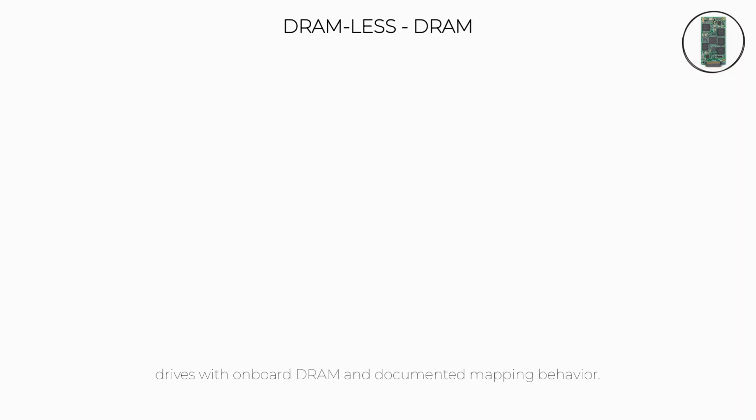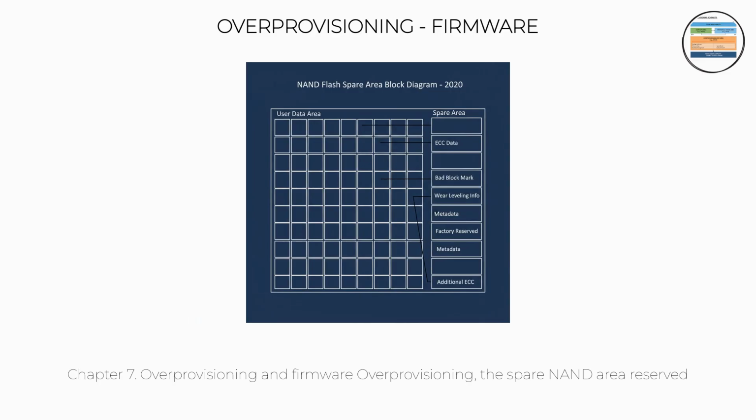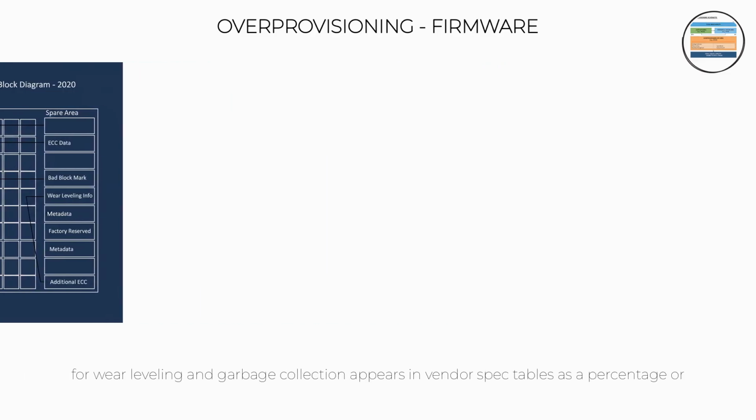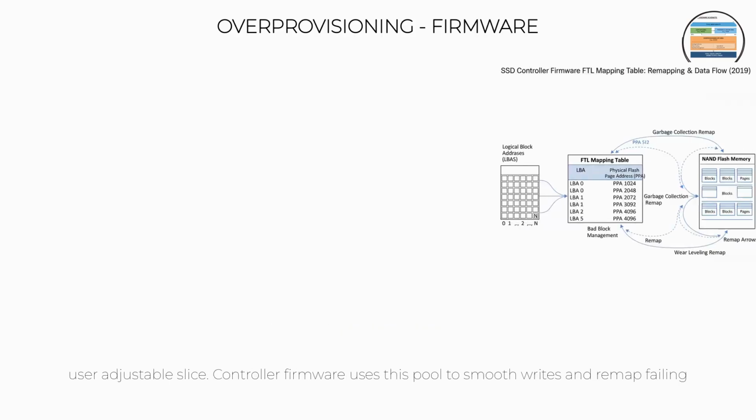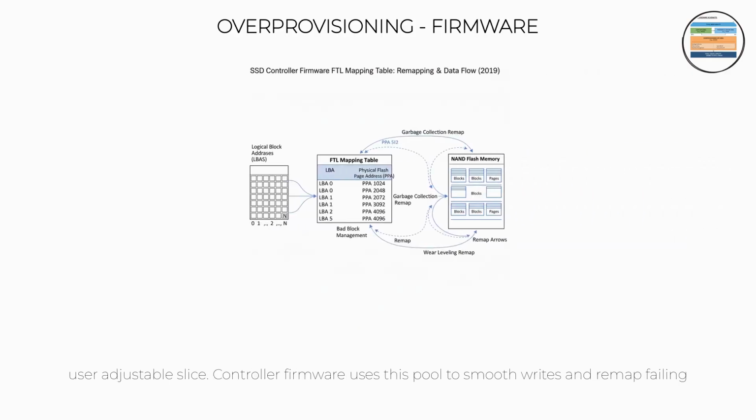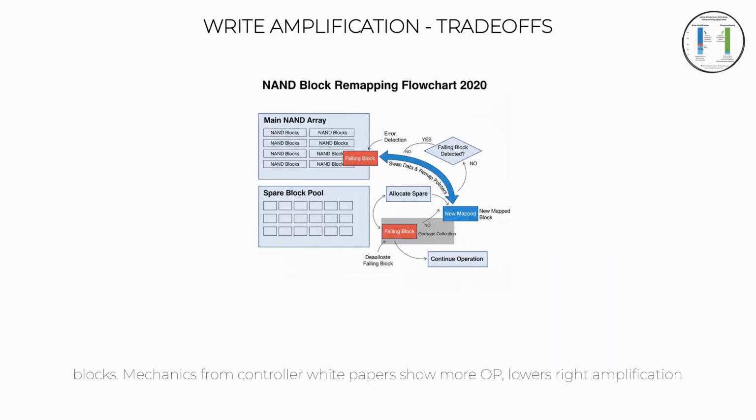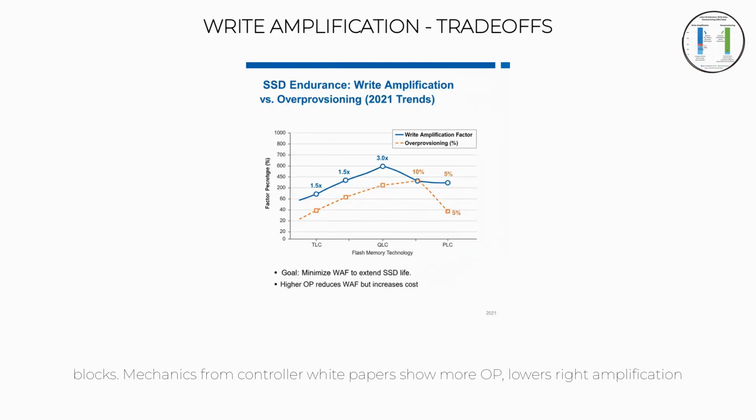behavior. Chapter 7. Over-provisioning and firmware. Over-provisioning, the spare NAND area reserved for wear leveling and garbage collection, appears in vendor spec tables as a percentage or user-adjustable slice. Controller firmware uses this pool to smooth writes and remap failing blocks. Mechanics from controller white papers show more OP lowers write amplification and extends usable life, but it comes at cost